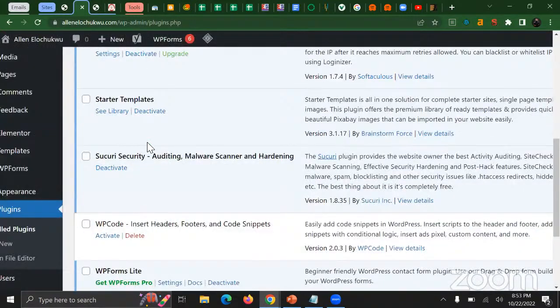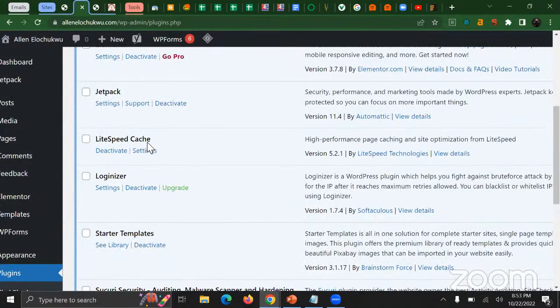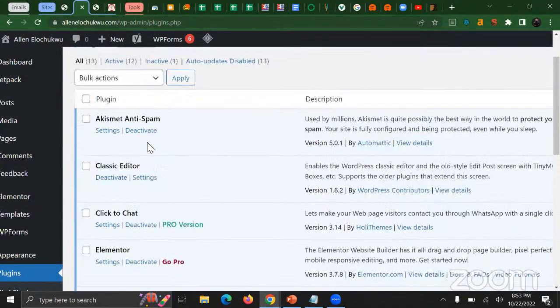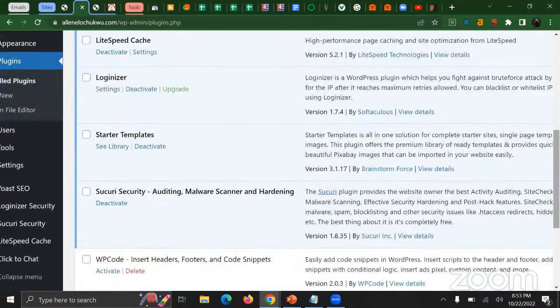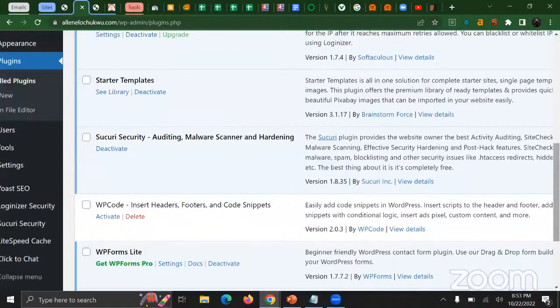All right. So the next plugin you need is your security plugin. I'll normally recommend you use a very powerful security plugin to avoid hackers hacking into your site. I'll use Sucuri Security. This plugin here is one of the best security plugins out there. You can easily install this security plugin on your site to keep your site safe from hackers and other malicious